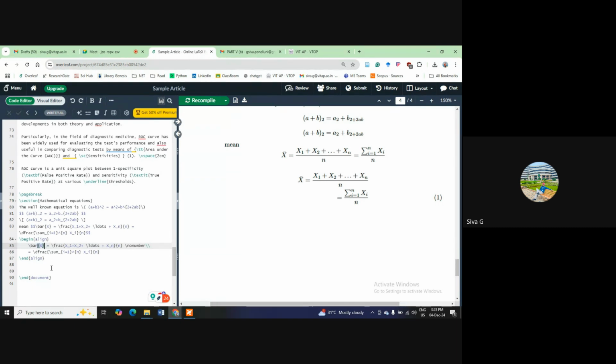Now we will use the and symbol. This and symbol plays a vital role in the alignment of the equations. If I use this in the first equation, it means that before the equal sign we are starting the alignment from here. Now in the same position I want this equal sign, so I will again place one and here. The meaning of this is that wherever the and symbol is identified within the lines, those lines will start from that position. So here the position is started. If I use the and symbol here, the next line will start at the same position. That is the meaning of this and symbol. Okay, now if I run this one,